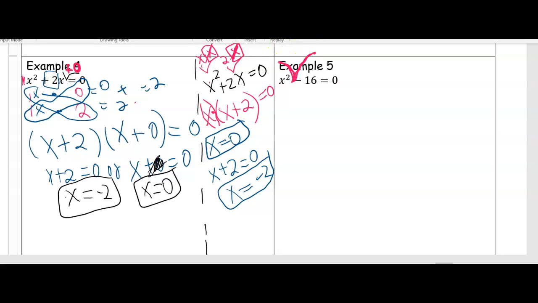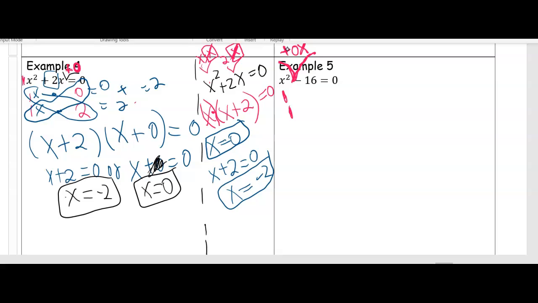So how are you going to plug something in it but not change your problem? We put a plus 0x. Because 0 times x is 0. So here you don't even need to write the 0 down. So you're not changing the problem, but you add a part in. Right? And now we're going to do the butterfly. So x squared is 1 times 1. Okay. Negative 16